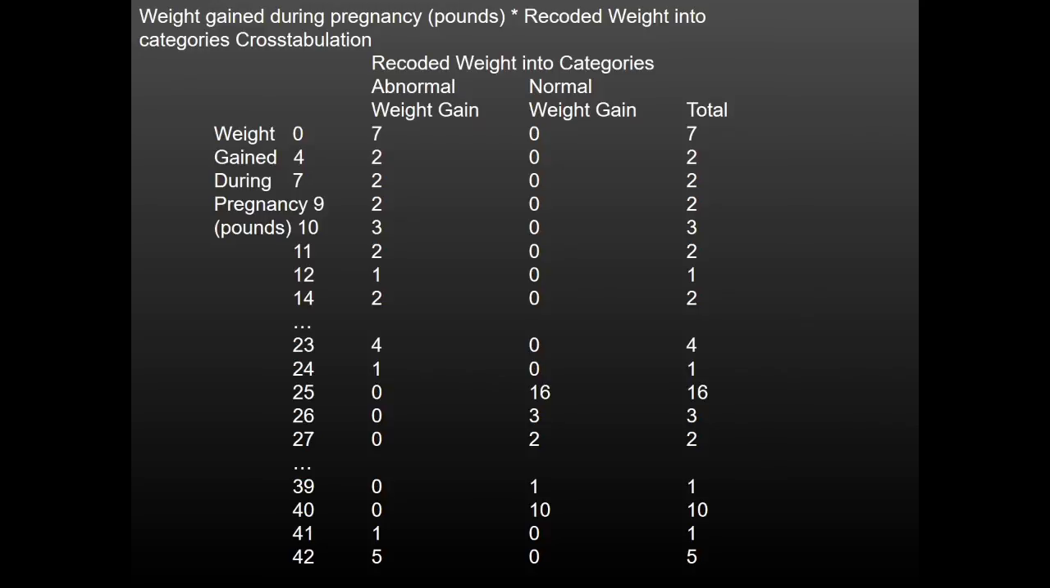That one's not super important, but what we want to look at are those 2 columns, abnormal weight gain and normal weight gain. So for each row, we want to go down and say, okay, the value for our original variable, weight gained during pregnancy, 0. Is that normal? Is that between 25 and 40? Or is that abnormal? Well, it's abnormal. And now we see in this abnormal weight gain area that